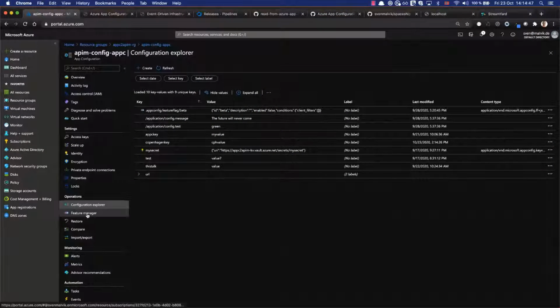Then we have the feature manager. We'll go into that later, where you can set feature flags. They are based then on the Configuration Explorer. We can restore values, key values. We can also compare